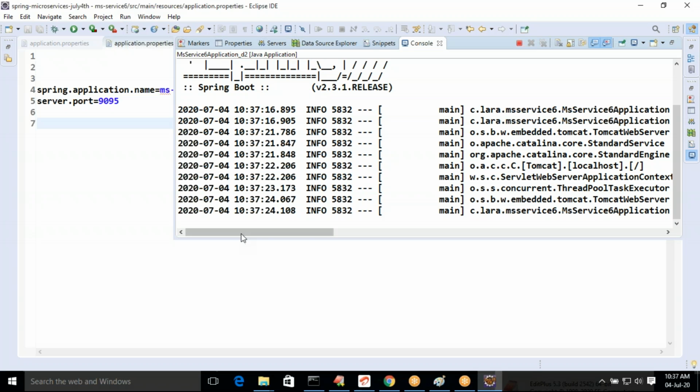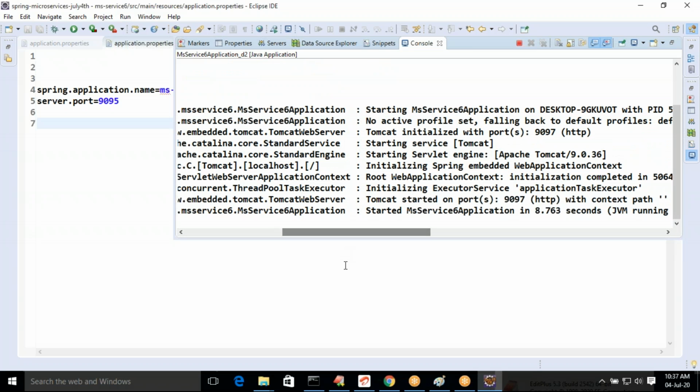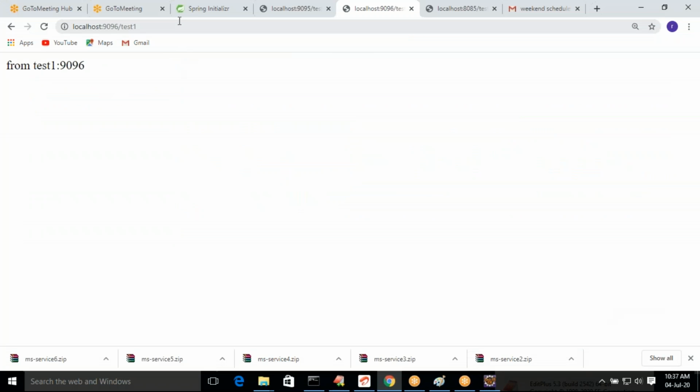You can see the new port number 9097. So for this also you can make a call.